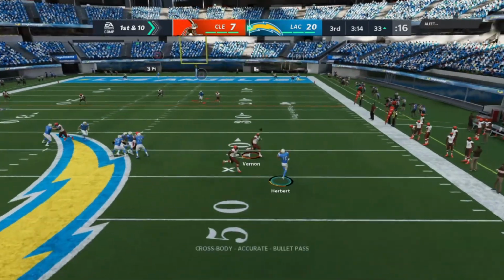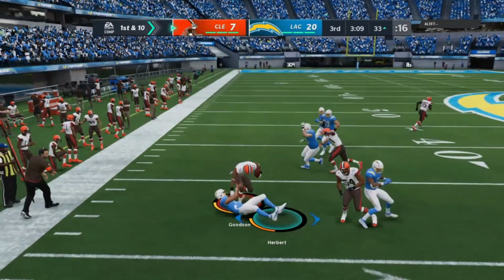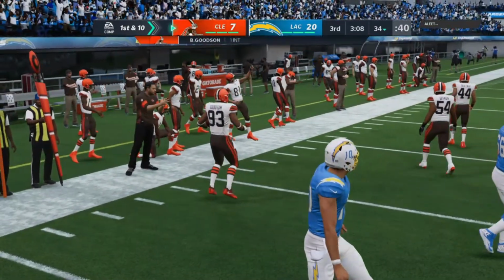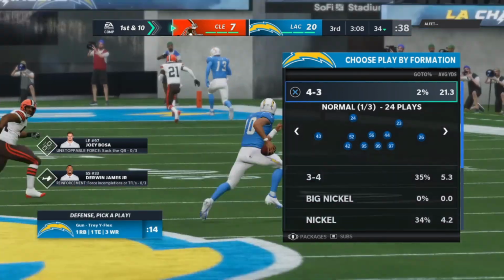Escaping the pressure right. And a double coverage, and it's intercepted. B.J. Goodson with a pick. And the return will be stopped at the 34-yard line. So it was a drive that had real promise here to begin the 3rd quarter, but ultimately derailed by the